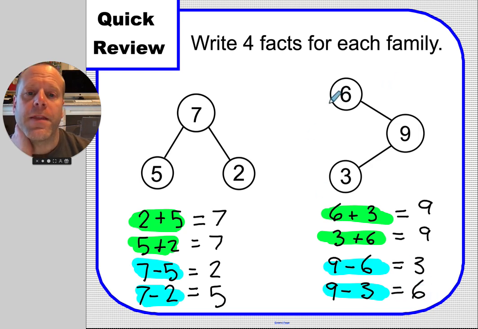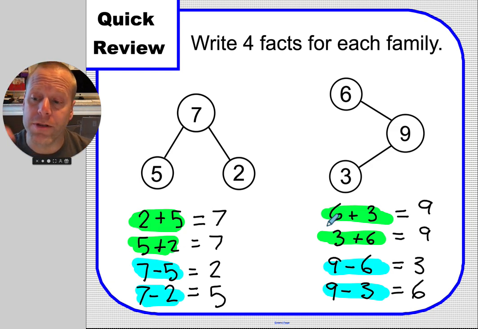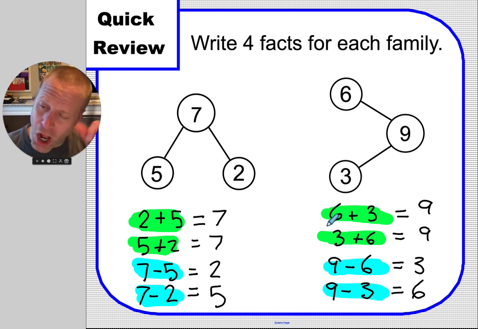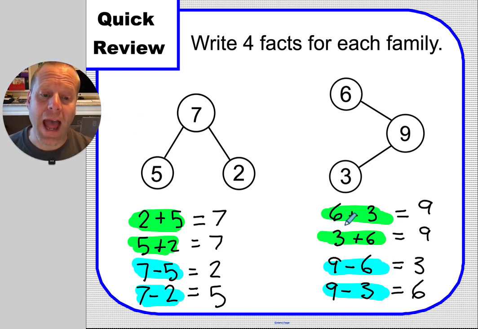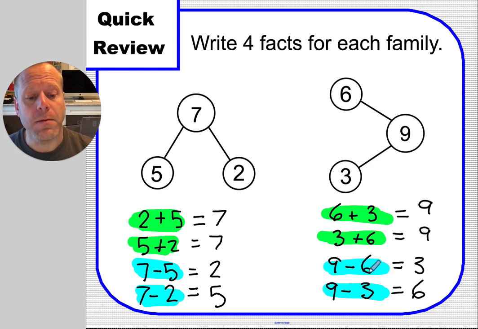6. These are fact families, and it's also the reason why your older brothers and sisters, your mom and dad, can do math facts so fast. They're not counting on, right? They are realizing that facts are related, and if you know you're adding, you already know you're subtracting. You just have to go the other way. 3 plus 6